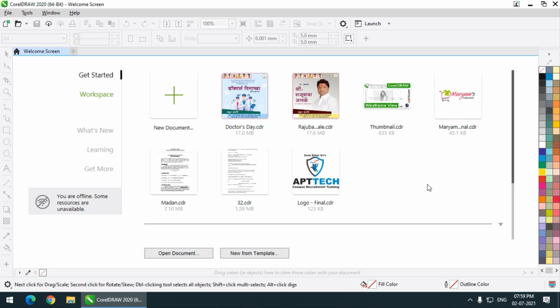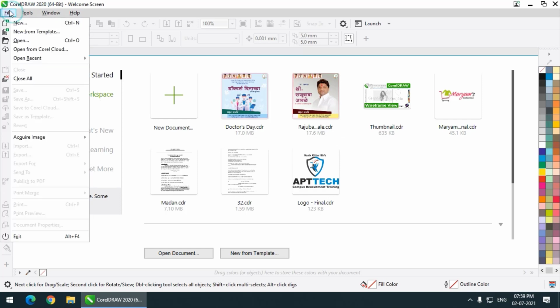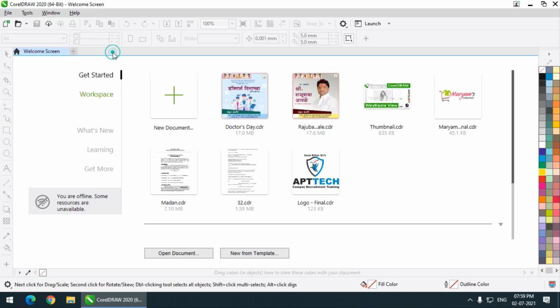Now, how to create a new document? You can simply create one over here in this particular option, the plus mark, or you can also open a new document. You can also create a document from here. Same thing will happen. Or you can either choose this button, or you can simply press Control N to create a document, or Command N if you are using Mac. So you can simply click over here. This is the hotkey and this is the conventional method. So I'm clicking it over here.